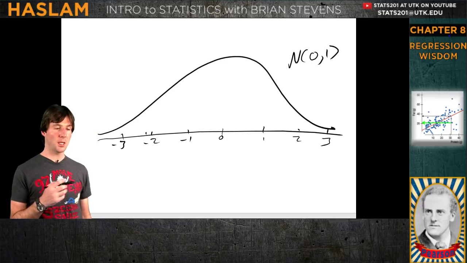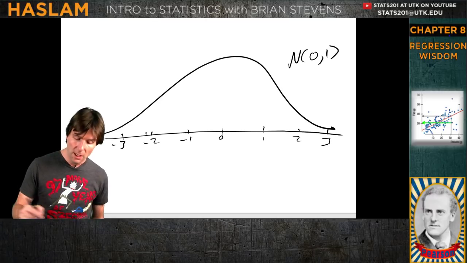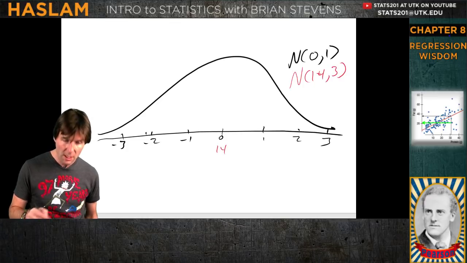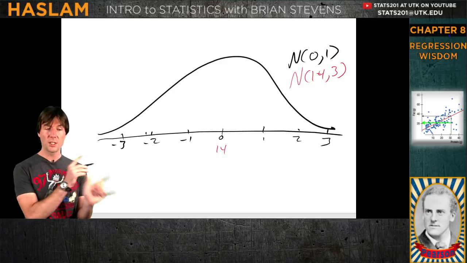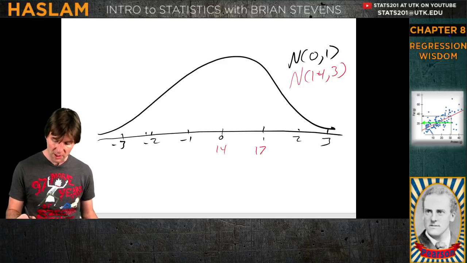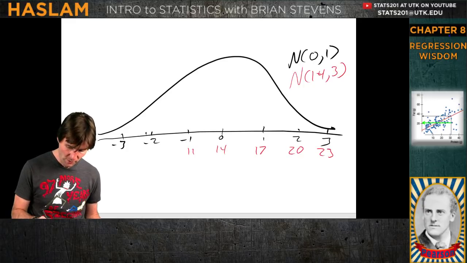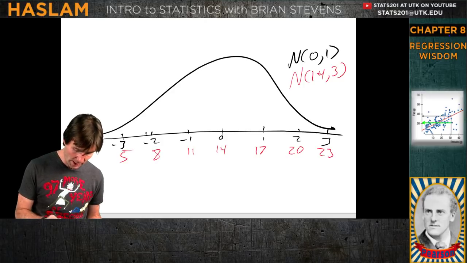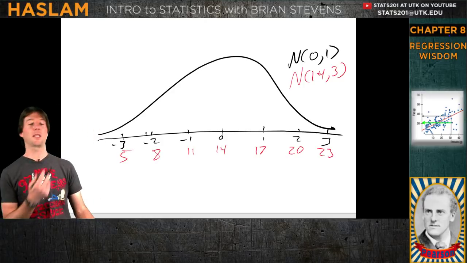And then when I see a question that talks about the Arctic foxes, and it says the Arctic foxes are normally distributed with a mean of 14 and a standard deviation of 3, I can draw 14 below the 0, and then you just go up by 1 standard deviation each time. 14 plus 3 is 17, plus 3 is 20, plus 3 is 23. Minus 3 from 14 is 11, minus 3 from 11 is 8, minus 3 from 8 is 5. And so there we go, we draw it in right there. That gives us our curve.